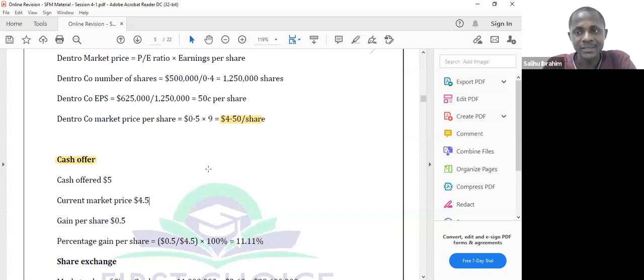Okay, so that is the advantage. The second advantage you can think of is the fact that, okay, that's not an advantage, that is a disadvantage. Now, this is basically the advantage of a cash offer to Dentroco shareholders. What about the disadvantage? The disadvantage is that the